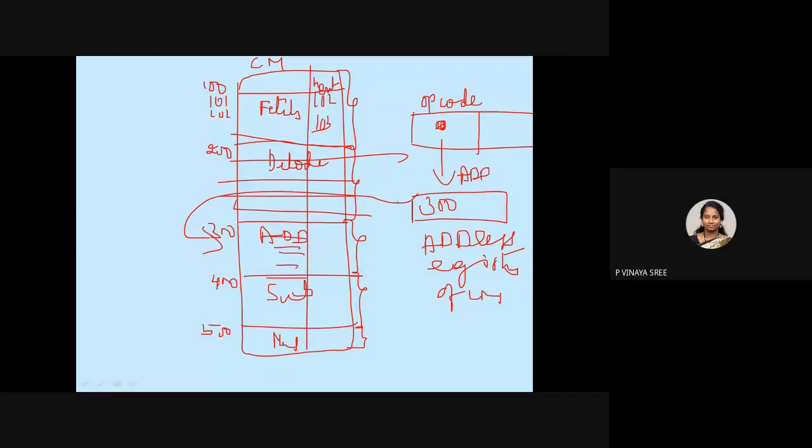So if it is mentioned as, instead of add, if it is mentioned as subtraction after decoding, then it has to go to 400. It has to skip this add and it has to go to 400, and it has to execute these micro instructions to generate corresponding signal, so that ALU will perform a subtraction operation. Okay. So for that there will be a concept called a mapping.